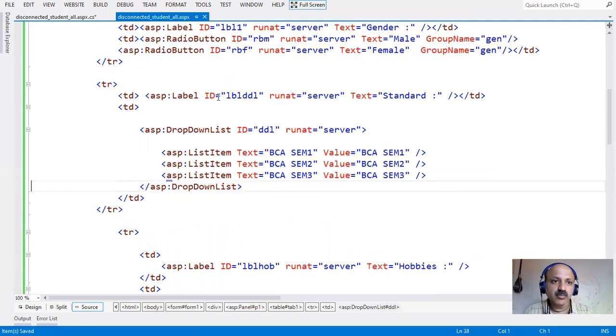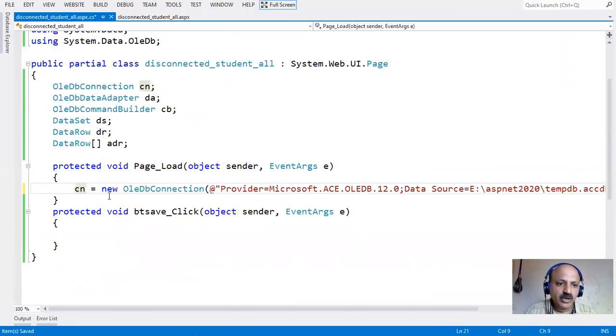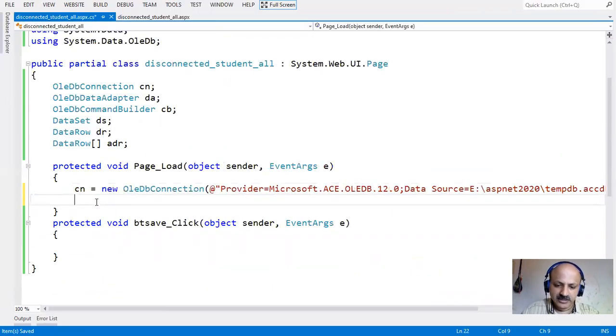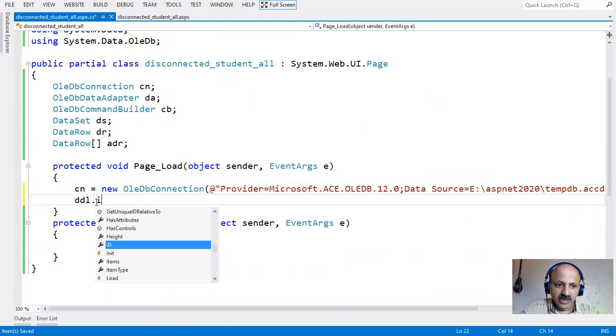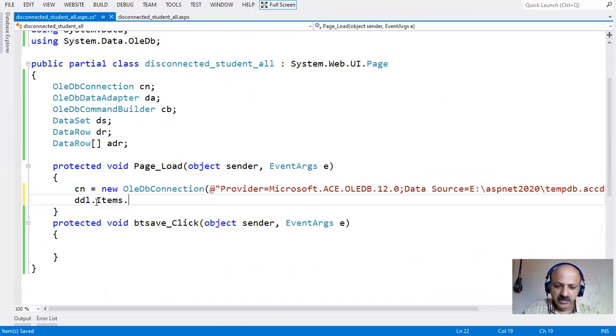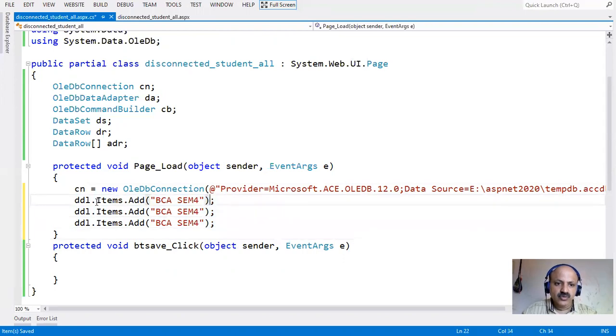But how can we provide them in the page load event? There is one way, and that is DropDown dot Items, yes, that member, and the Add method. What I can do is this, because I can explain one important property. BCA 3 4, and I just copy this line. So here 5 and 6.